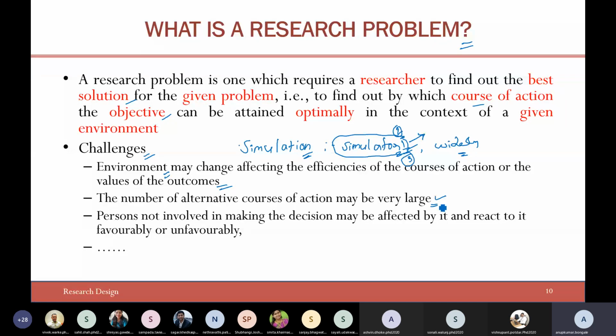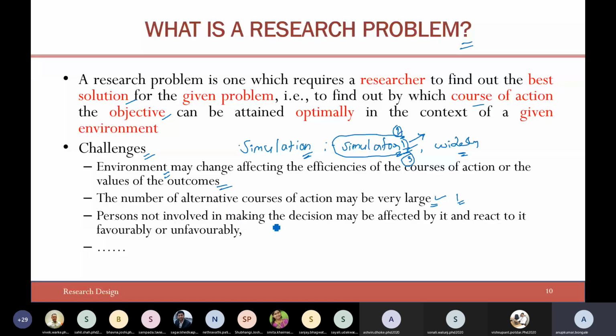Let's say you have 10 different methodologies for arriving at the solution. Have you tried all the 10 different methods? Or is it like only one methodology you have tried and you are saying that, okay, this is providing the better result? Why not other methods? So these are the questions which create big problems.